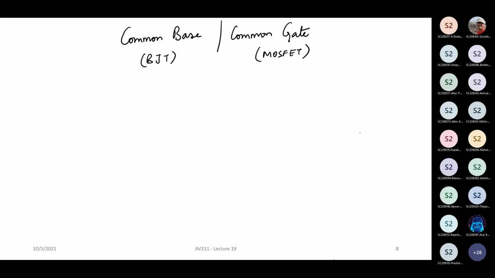Here base is grounded. Okay, that's good. So let's take a BJT. Here base is grounded, meaning let's just start with ground here. And then where do you give an input, where do you take an output? Sir, at the emitter side, we give the input. Okay, so you give your input at the emitter side, and then you take your output at the collector side. Yes, sir. All right.